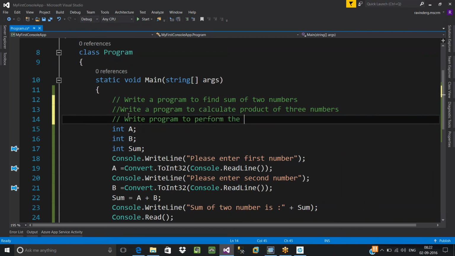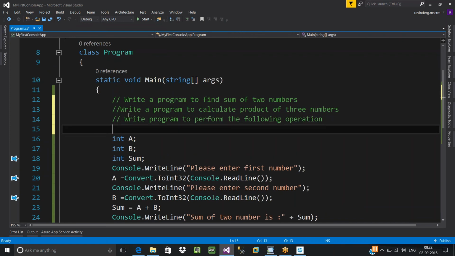A, divide the first number by the second number.